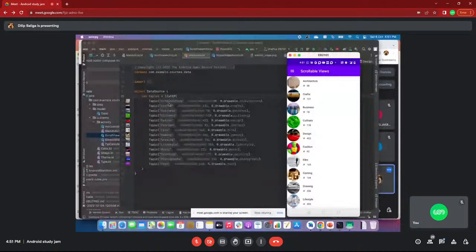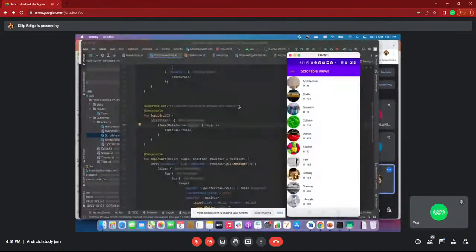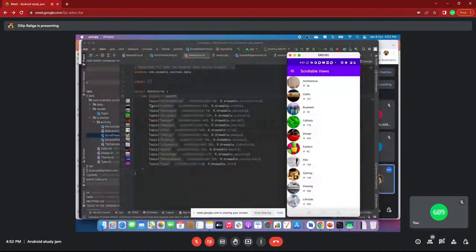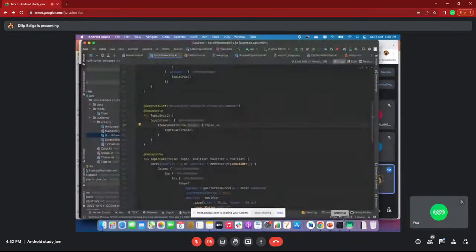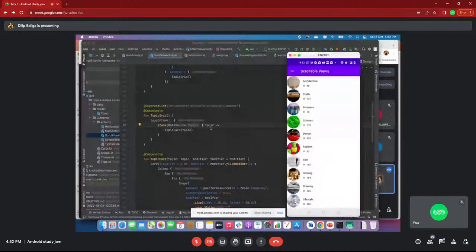Let me go by example. Internally, it will take this data source topic one by one, since the topic has a list of items, and render each one here.